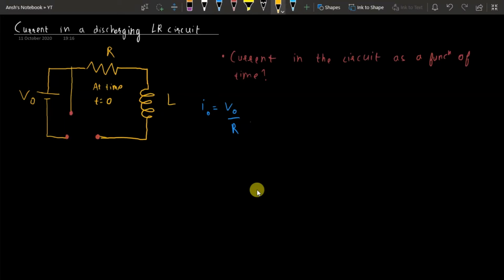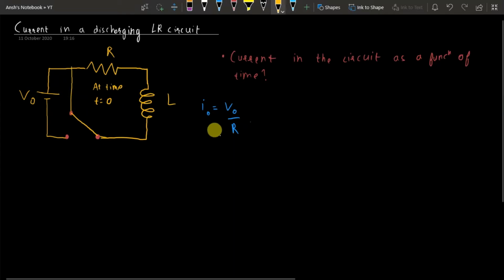So the situation now is that at time t equals 0, we'll flip this switch in this manner, like so. What happens now is that the circuit is completed, and the current will flow only in this loop, since the outer loop containing the battery is not finished. So the current will only flow in this region, and we want to find out what the current is in this region as a function of time.